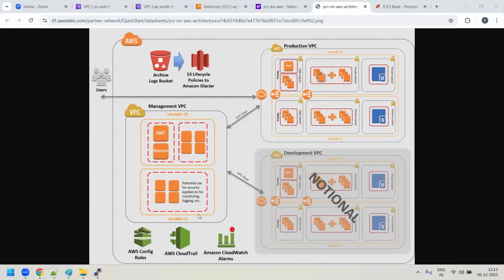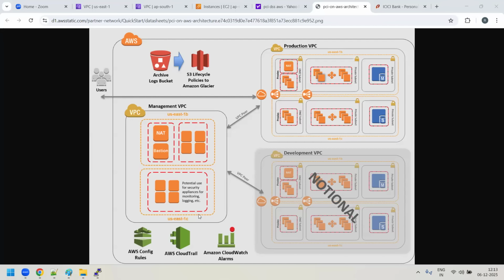Why I created these three different VPCs in the same region was just so you could see it. For the last 2 hours you were only seeing how to create a VPC, how to create a route table. Now somewhat you understood in a better way. Once you start doing it yourself, you'll get tremendous confidence. You do it one time, then just watch the video one more time. Oh, now I understood what Rajesh did. Now I'll do it myself. Just close the video and start doing your lab yourself. Definitely, 100% you will make some mistake.